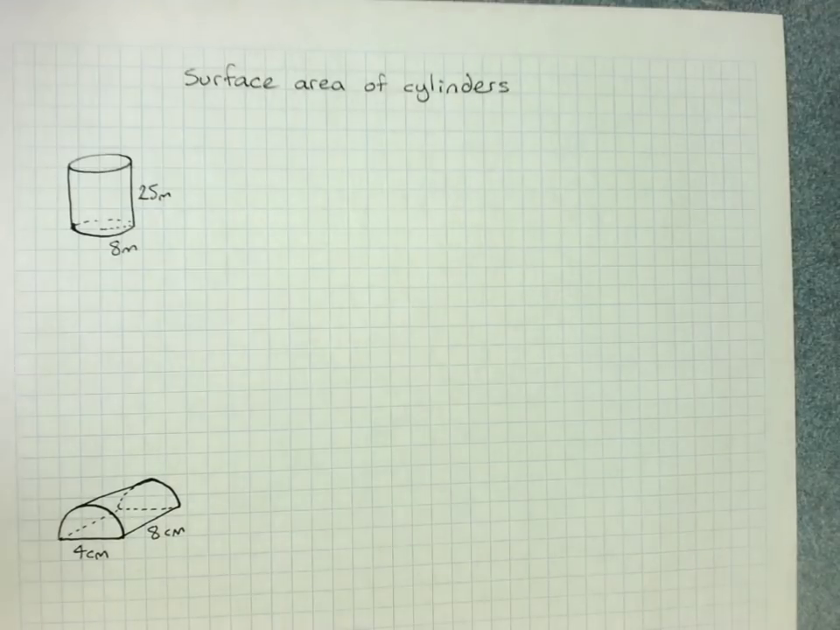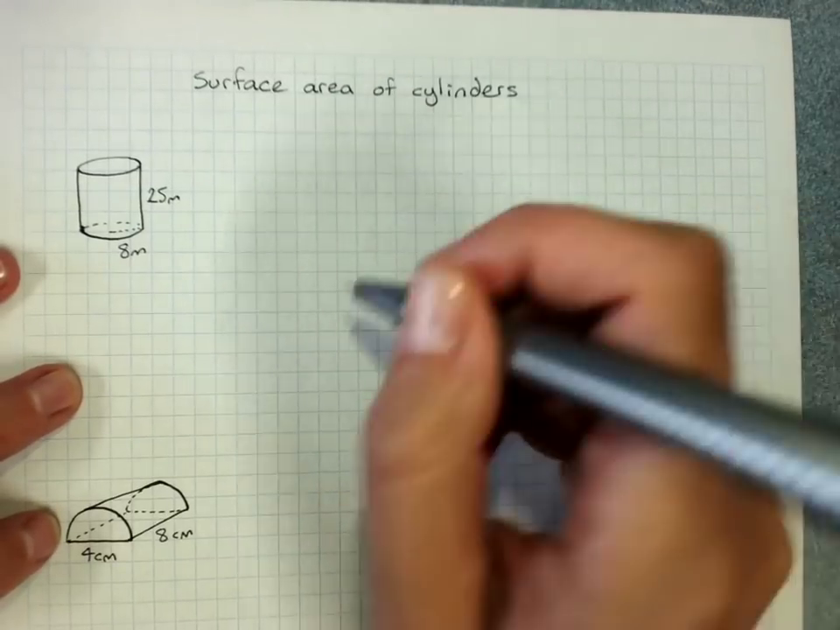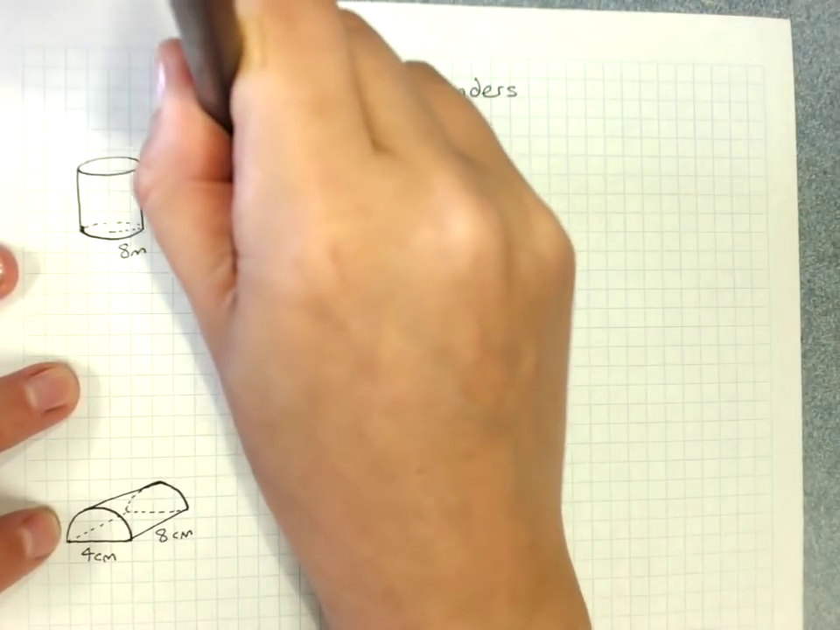Surface area of cylinders. A cylinder is just a circular prism, so if we're drawing the net of a cylinder,